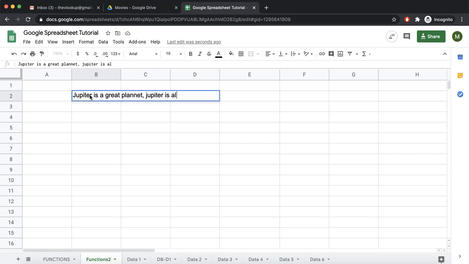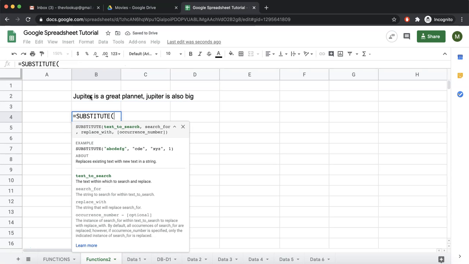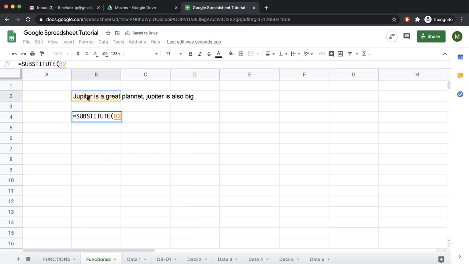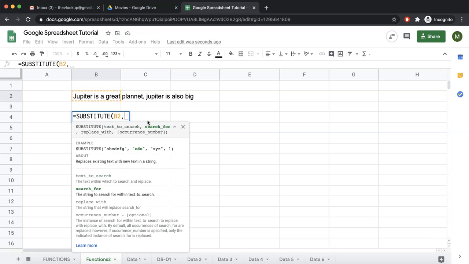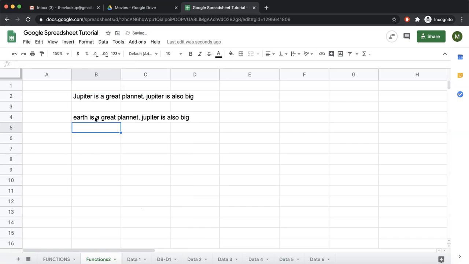Jupiter is also big. Now I want to write equal to substitute. Text to search is this. Search for is Jupiter and replace with is Earth. Earth is great planet. Jupiter is also big.